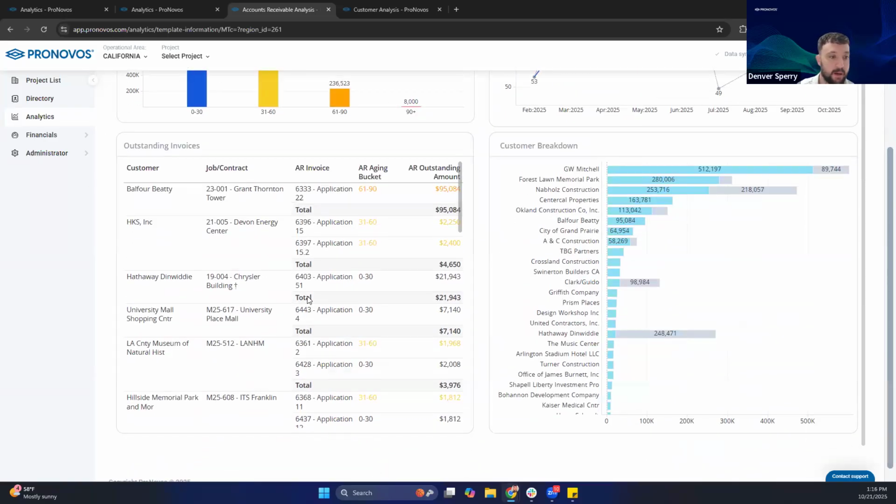Now then, down below, basically your aging report just kind of condensed down, right? So customer, job, where those invoices lie within the aging buckets, and just what's out. So the outstanding, it's just referring to the accounts receivable portion, not the retention amount. So just keep that in mind as you're looking through this and making sure that you're seeing what you need